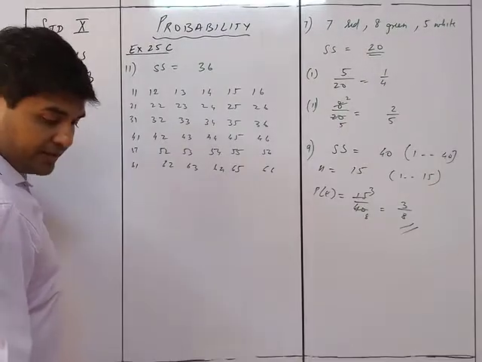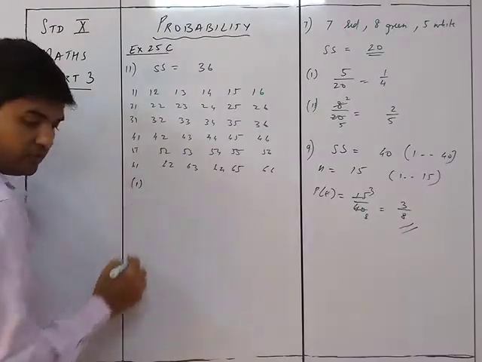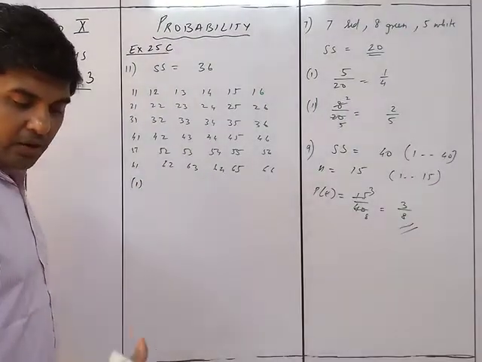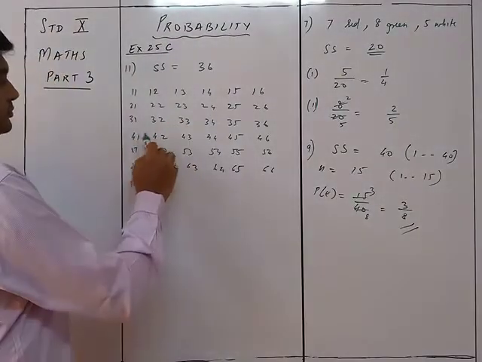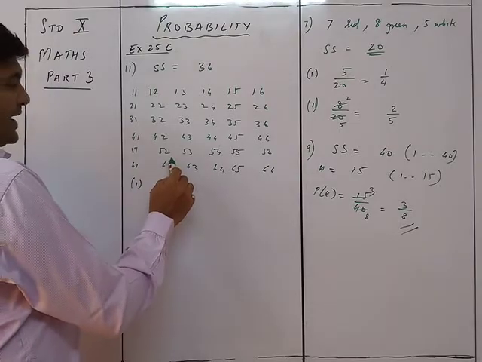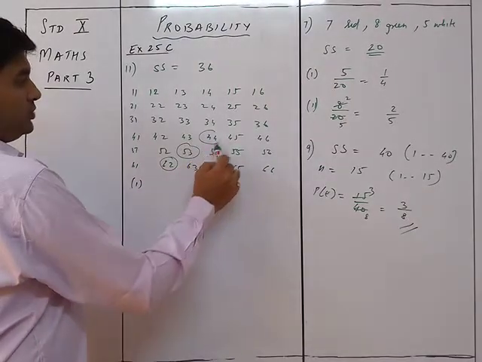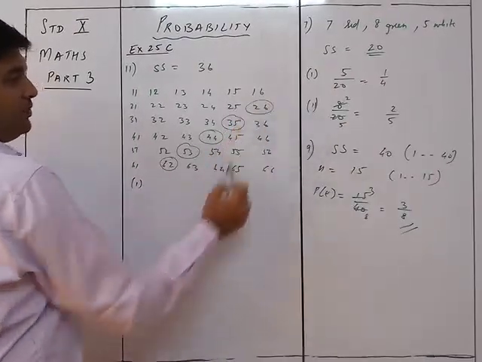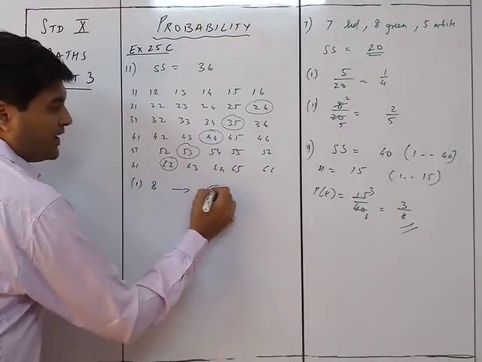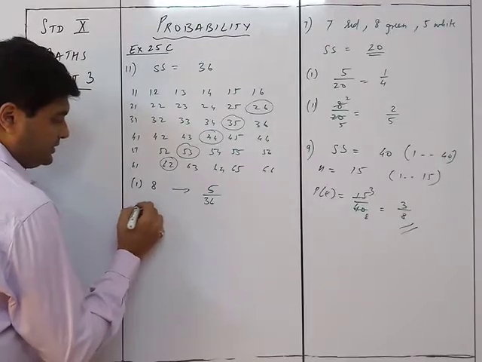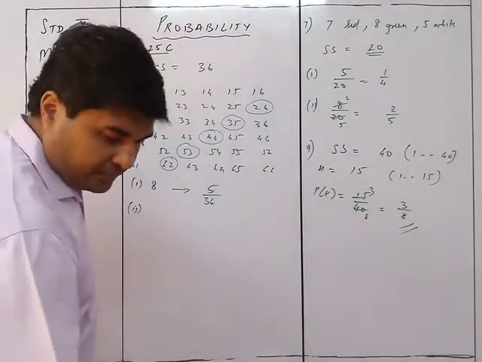Now we are given the first one is 8. So we want the total to appear as 8. What is the probability of it appearing as 8? So 8 will be this line: 1, 2, 3, 4, 5. These are the 5 outcomes. So for getting 8, the probability will be 5 upon 36. The second part will be getting 13.